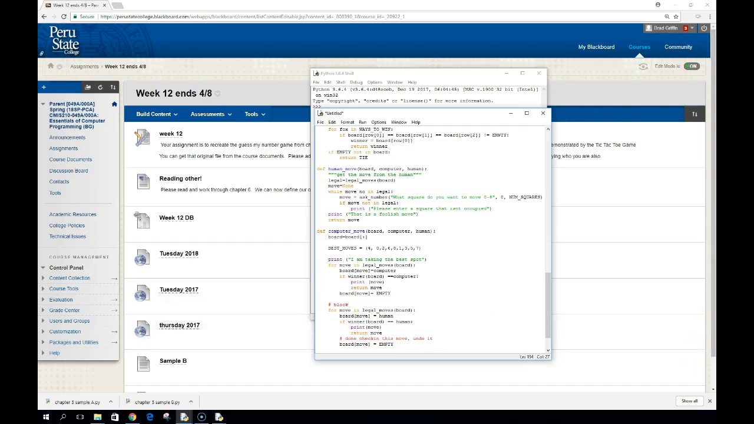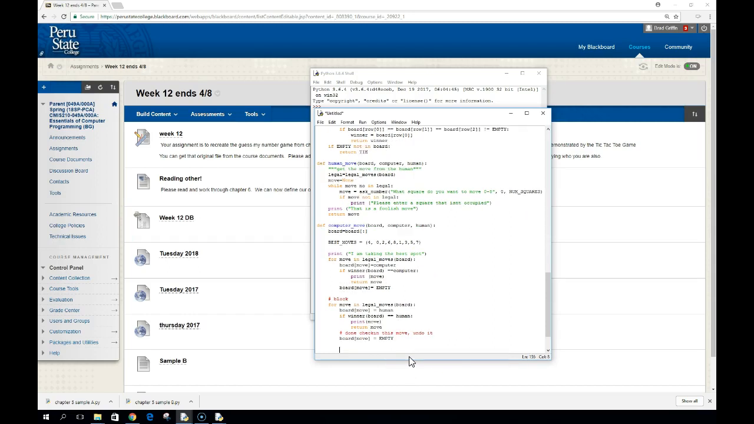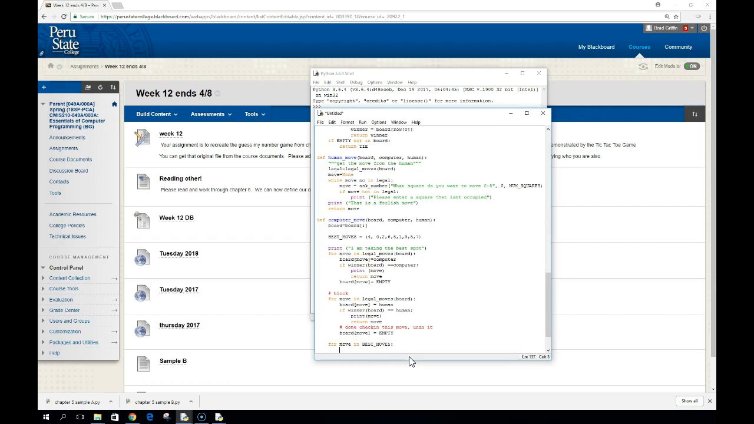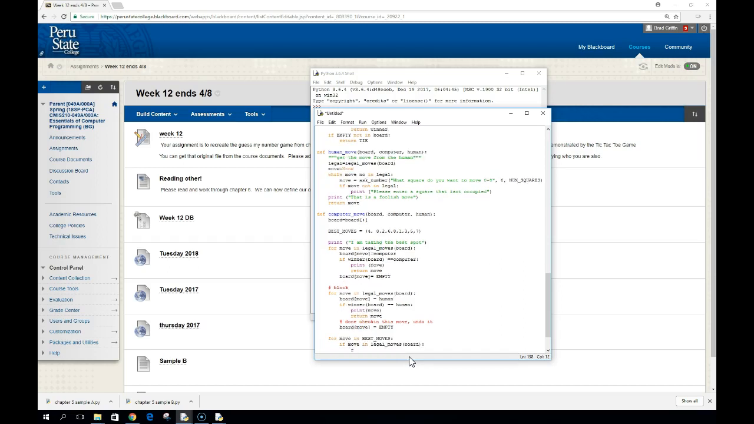So if neither of these work, so we can neither win nor block, we don't have to do either one of those options, then we're going to go up to those best moves we created, our pre-canned scenario, and we're going to try that one. We're going to say for move in the best moves list, we're looking for one that is available. Here we're comparing it to what's in legal moves. And then we're going to return